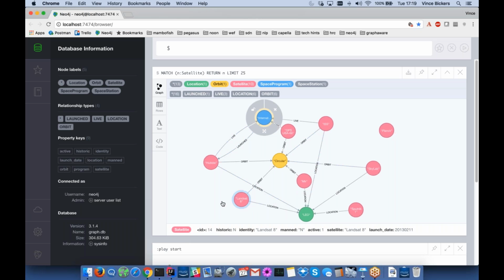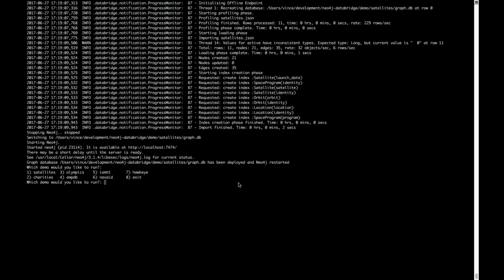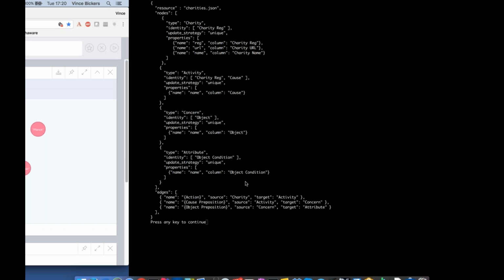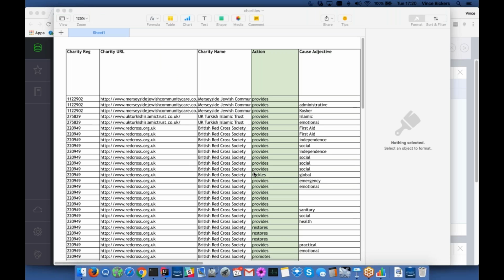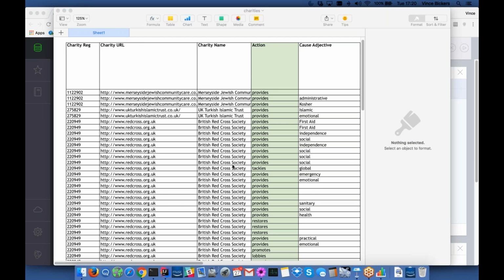Okay, so I'm going to run the next one now. So we'll flip out of there and have a look at the demos. The next one is the charities demo. So the interesting thing about the charities demo is this is an Excel spreadsheet to start with. We'll just get it loaded to start with. There we go. This is the Excel spreadsheet it's going to be loading from here. And we have